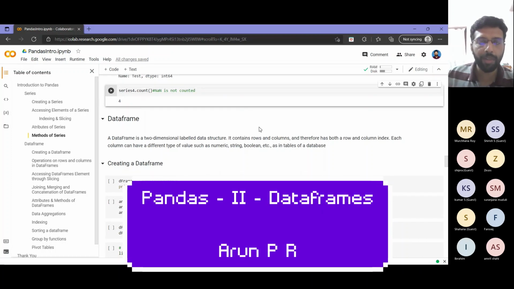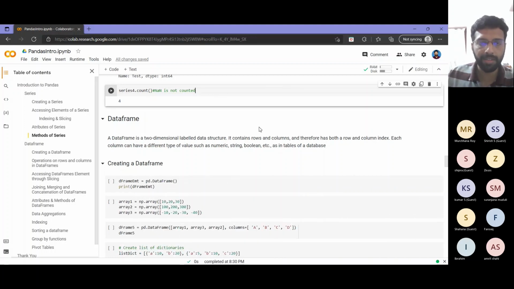So the pandas DataFrame is the second basic entity in the pandas library, which we will be using throughout our data science journey for populating all our tables. It is similar to a table in SQL, where you will have rows and columns. Basically, anything with rows and columns is a two-dimensional data structure.